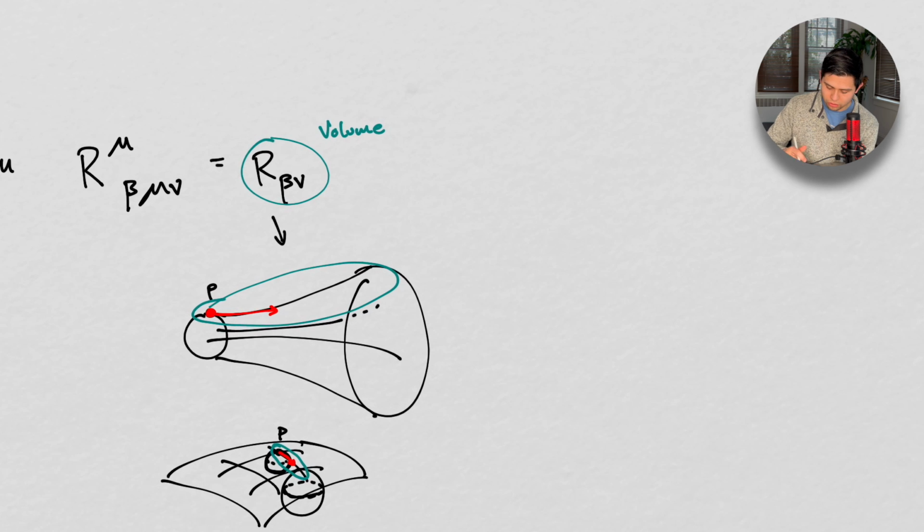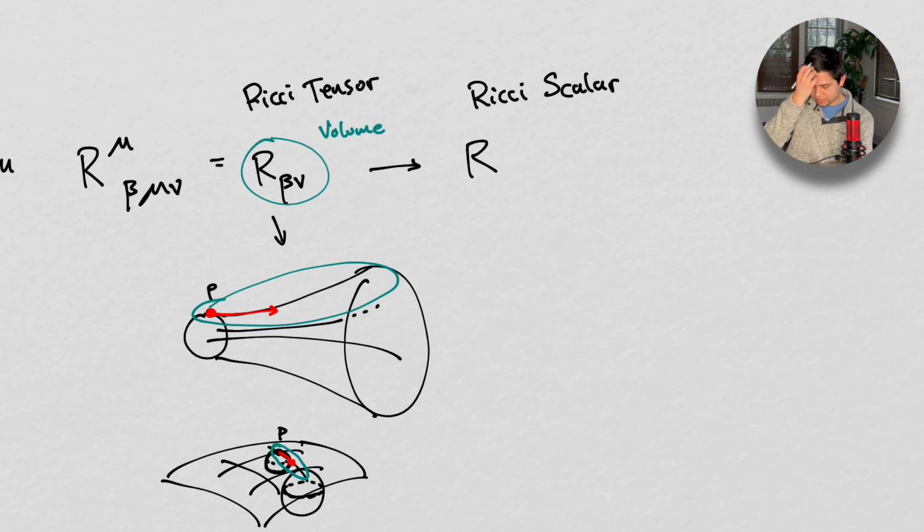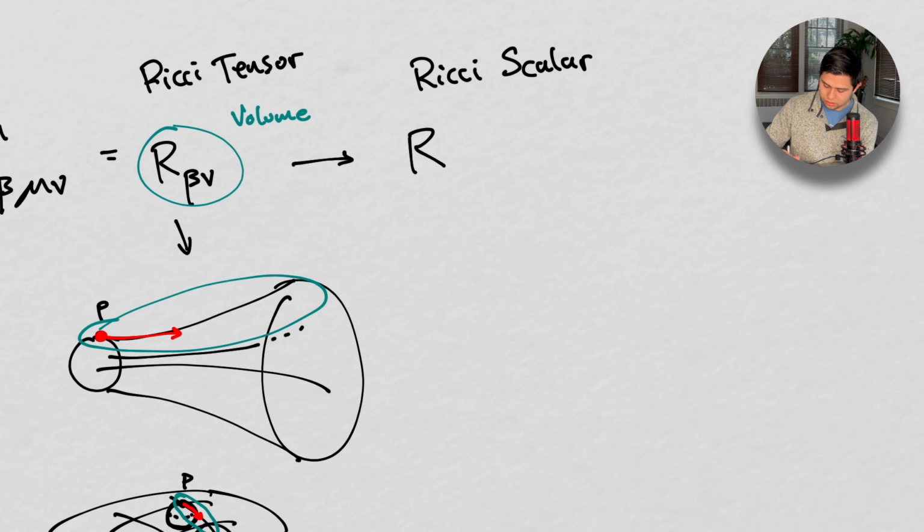If we contract this more, we can actually contract this more, and we could say, well, the Riemann curvature tensor, this is the Ricci tensor. The Ricci scalar, well, this is just going to be R. And we can contract that. R is equal to R beta nu, R beta nu. This guy here